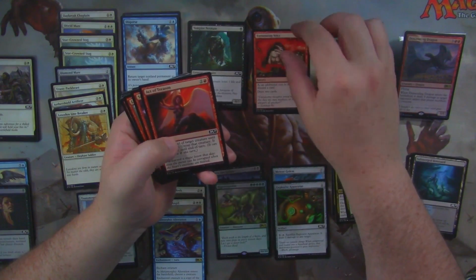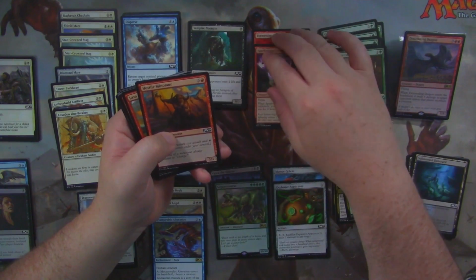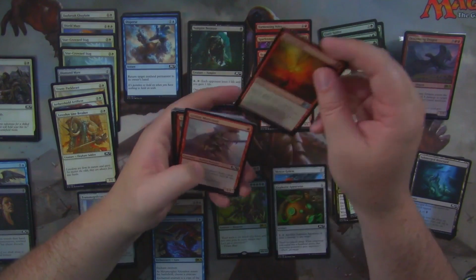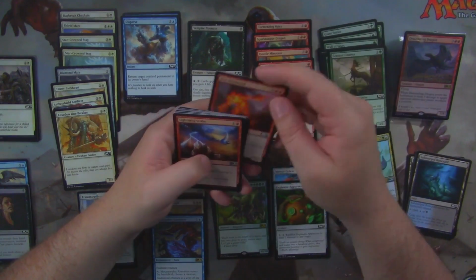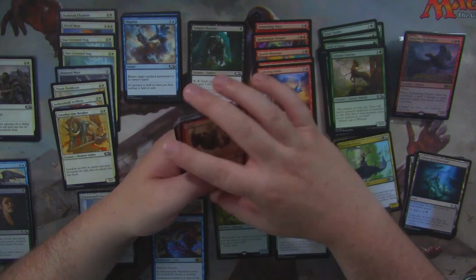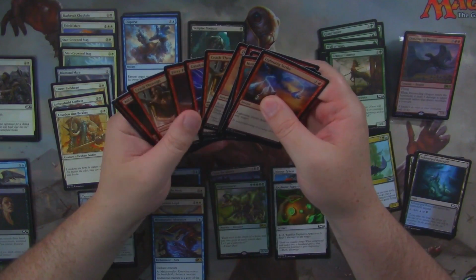Tormenting Voice is a fine red card. Act of Treason, not so great. Spark Tongue, fine. Hostile Minotaur, also fine. Lava Axe, not great. Teutonic Rift, no. Goblin Motivator is fine in the right red deck. Fire Elemental, not great. Lightning Strike, fine. Trumpet Blast, fine. So we don't have nearly enough red that's playable, in my opinion, because we ended up with